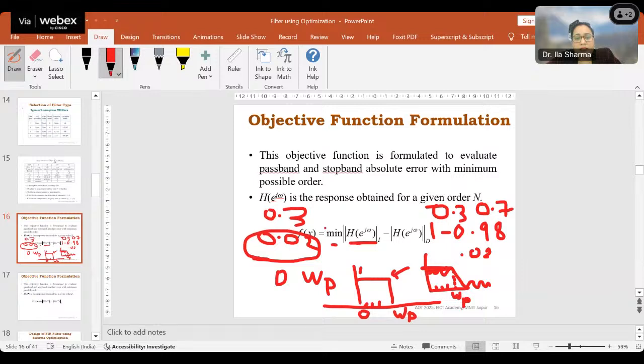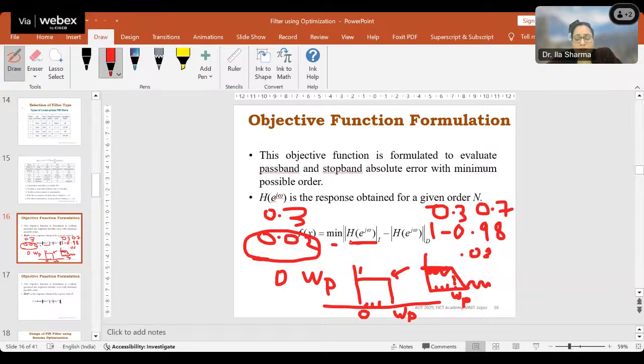So we are taking those values of the impulse response or the samples of the signal that are nearest to the one value, nearest to the ideal filter value. So you have to design a filter in such a way that it gives the minimum error when compared with the ideal one, and that is our design problem. That's why this kind of objective function is formulated.